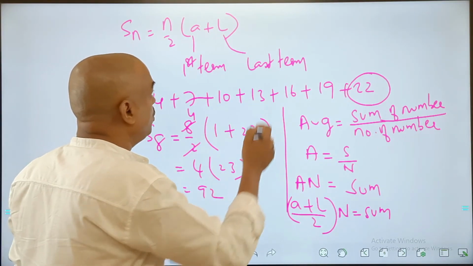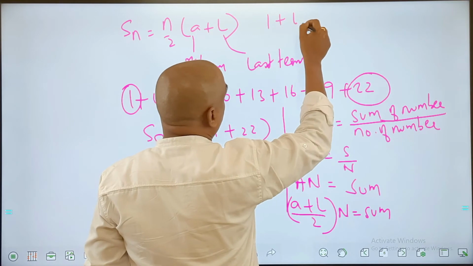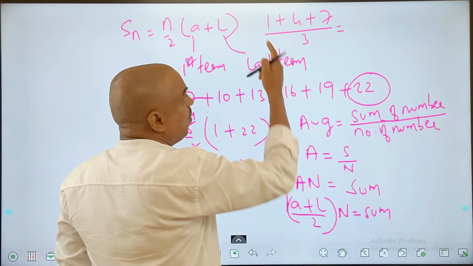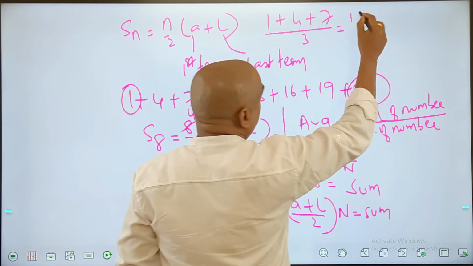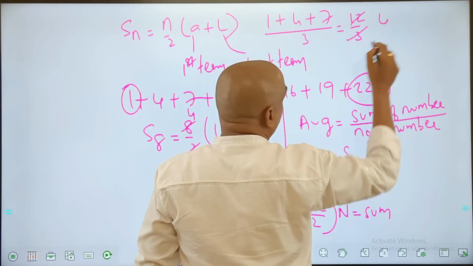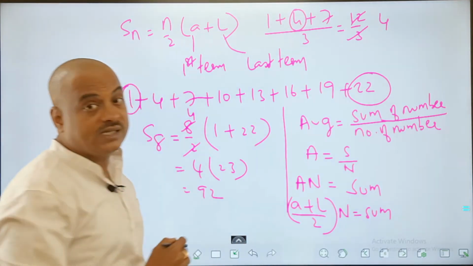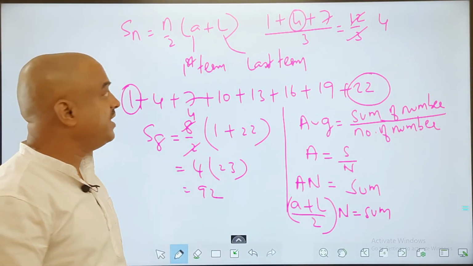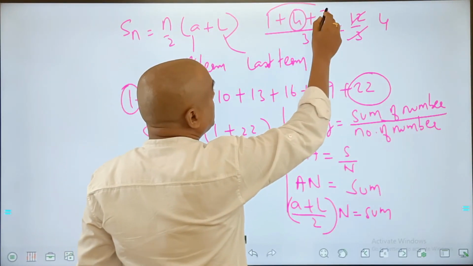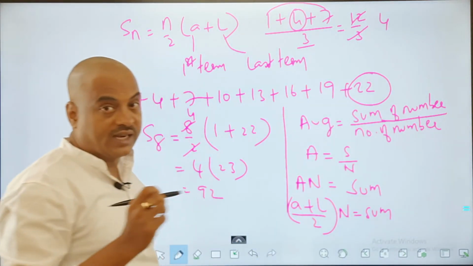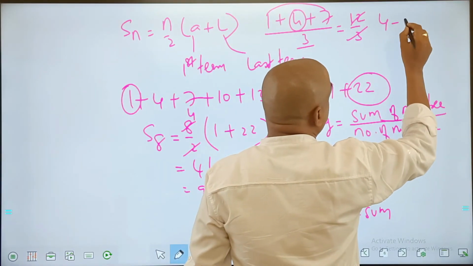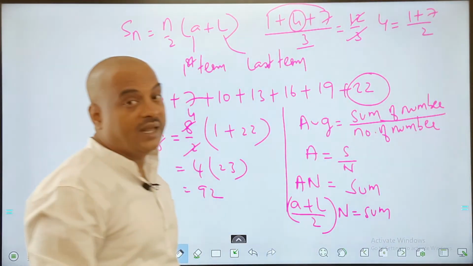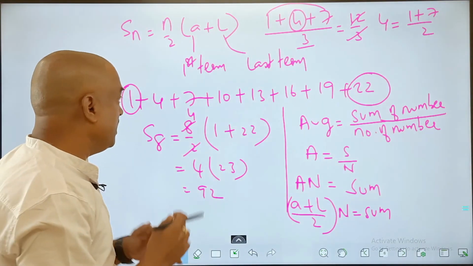Now, if I have (1 plus 4 plus 7) by 3, if I find the average of this, what I get: this is 8 plus 4, 12. 12 upon 3 is how much? 4. So exactly the middle number is the average, correct? So the other way to find the average, if you see, first term plus last term by 2 also can give me the answer. That is the same thing: I can also find it by (1 plus 7) by 2, which also gives me an average. Similarly, quickly one more example.